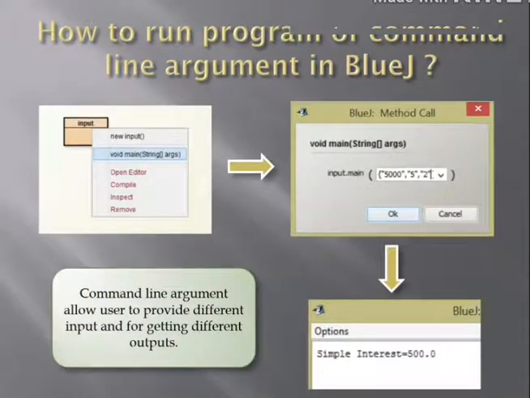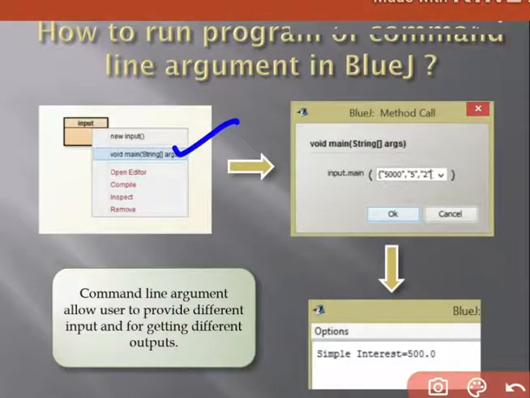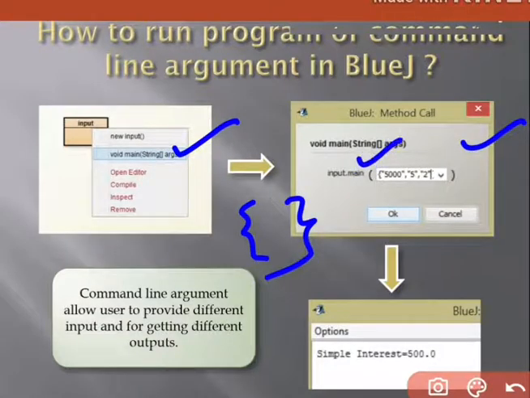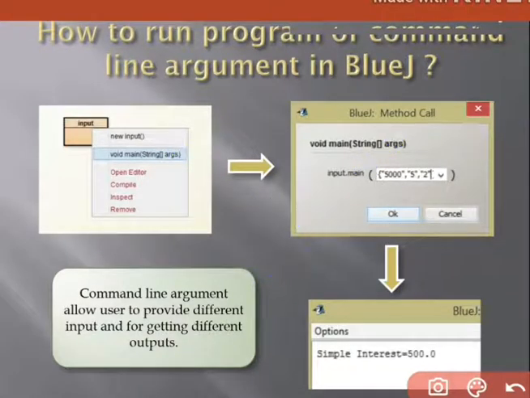Then what we have to do, again in input we have to click on void main, and then after clicking on void main, we get a dialog box. In the dialog box, just remember, when we provide the value of an array it is always written in curly braces. That's why we have curly braces here. Remember that.